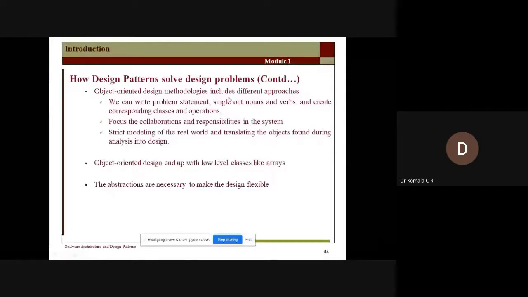In the third method, I am dividing into 3 stages. First stage: I'll define the problem, I'll pick out the nouns and verbs, I'll create the classes, and I will define what type of operations are to be done. Second step: I am going to check whether all my subunits are interacting well, and what responsibilities I have to give to each of these subunits. The third step: I have to check the modeling of the real world. Real world means I am going to perform the operation